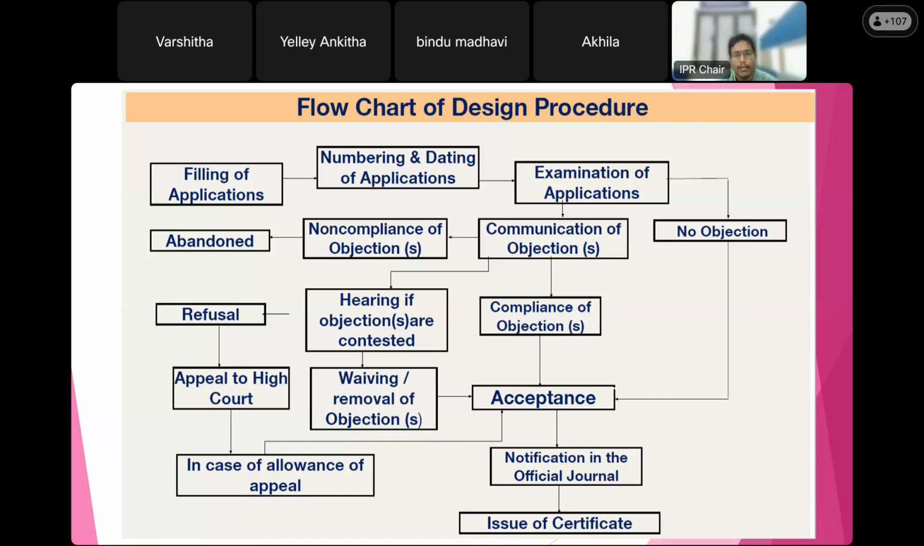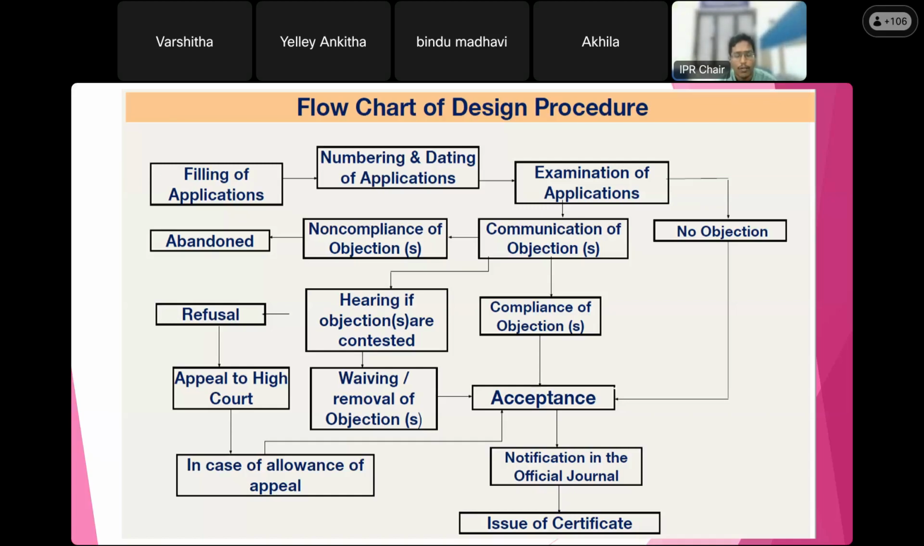There is a time limit. Within the time limit, you have to comply with the objections given by the patent office or design office here. If you don't comply, your application will be abandoned forever. So if you want to comply, you can ask for a hearing. That means you can directly go to the design office, Kolkata, and ask for the hearing, because you want to get the registration as soon as possible, and you want to convey that whatever objection they have mentioned, there are valid grounds,